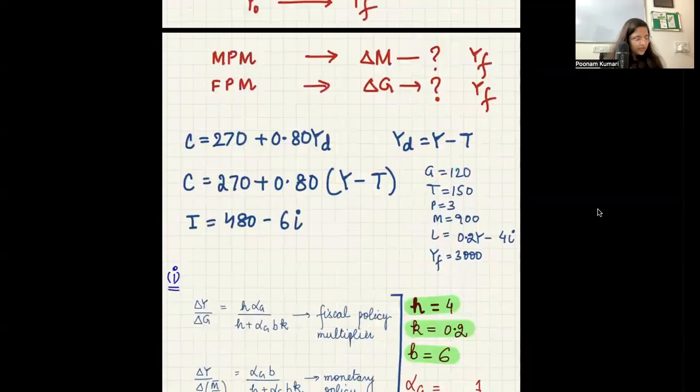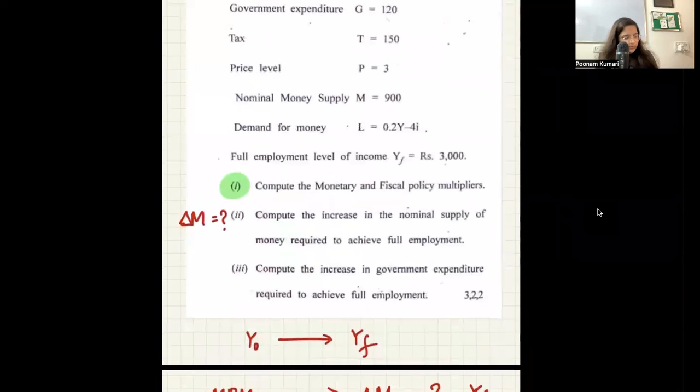ठीक है. तो इस तरीके से you have to do this problem. Fiscal policy multiplier, same thing, same thing. So the important thing here is to understand what the question is asking. ठीक है. Otherwise, what we've done is not very complicated. Mathematically, it's not complicated. But if you are stuck here in understanding what this means, that means you're stuck. उसके बाद फिर proceed करना थोड़ा मुश्किल है. So be a little careful with the language. ठीक है. मैक्रो में लैंग्वेज ही घुमा घुमा के ये चीजें पूछते हैं. ठीक है. सो जस्ट बी अ लिटिल केयरफुल विद दैट.